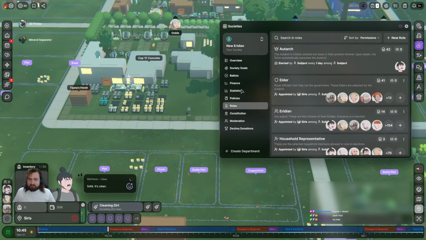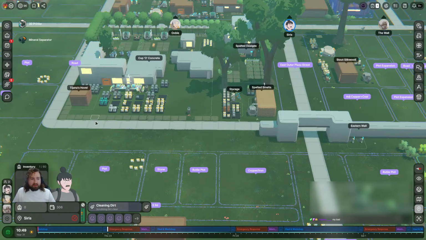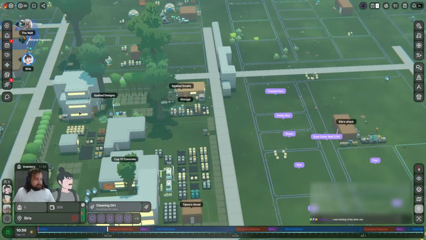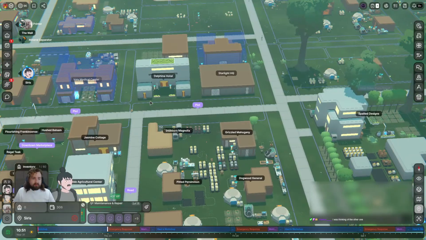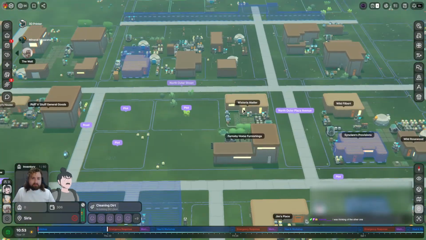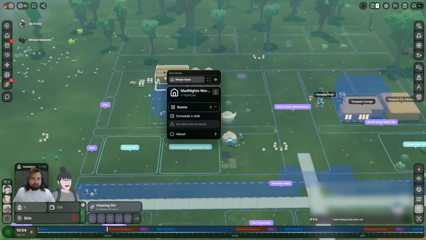Oh no, we lost 3 seedlings. It migrated away. Who do you think that was? Let's see.